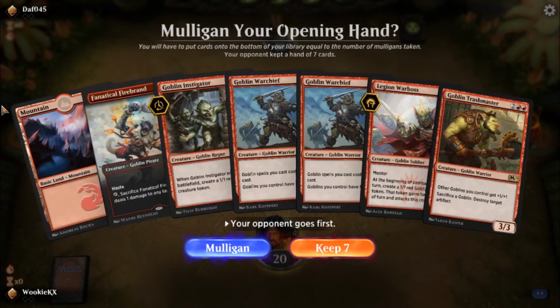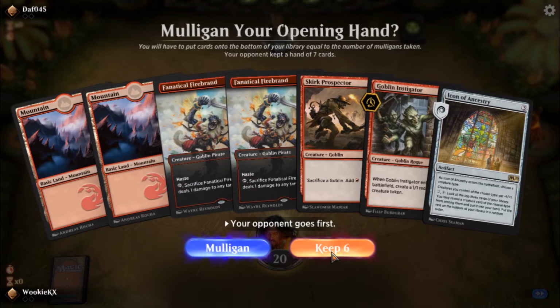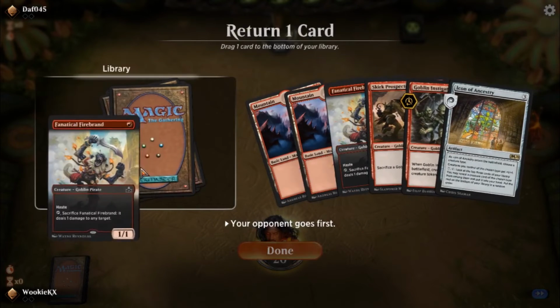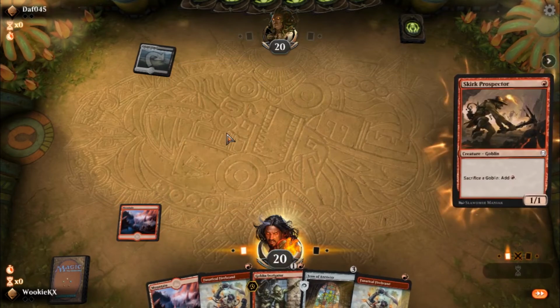It's the deciding match here for the old Goblins, and here we have a 1-lander on the 7, so that's a mulligan, and our 6-card hand seems fine. All we have to do is draw 1 more land and we can play this Icon. Worst case scenario, we just sacrifice a Goblin to play it. I put a Fanatical Firebrand on the bottom, and turn 1 we lead with Skirk Prospector to guarantee the turn